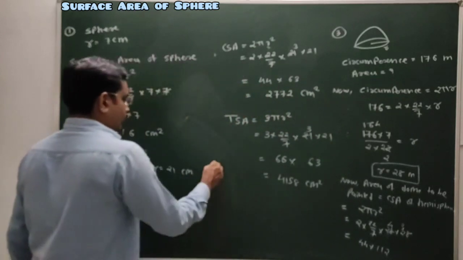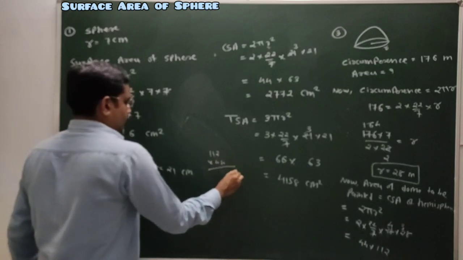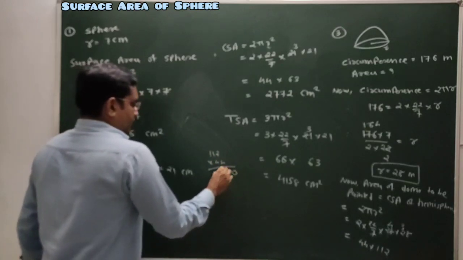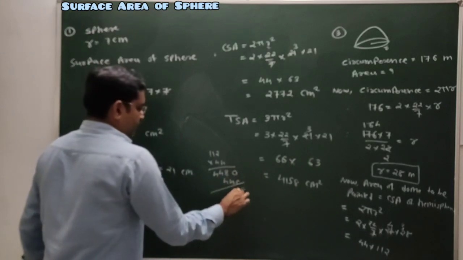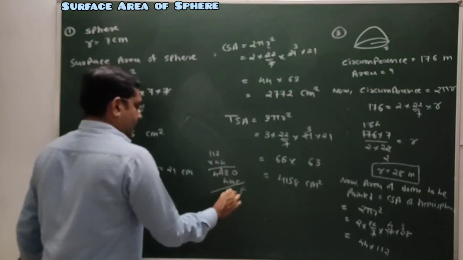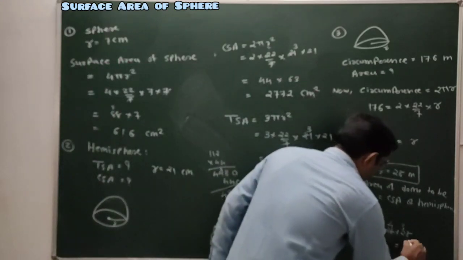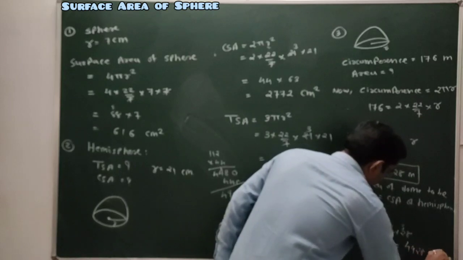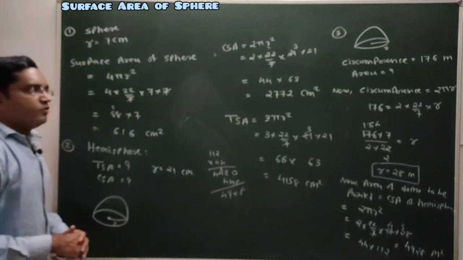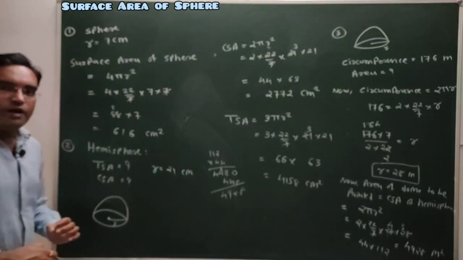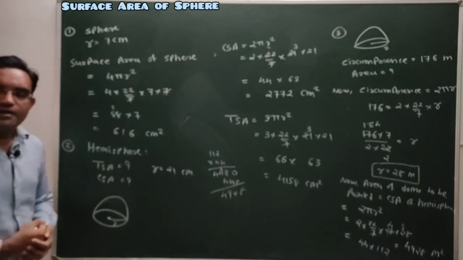So it is 112 into 44. 4 2s are 8, 4 1s are 4, 4 1s are 4, 4 4s are 16 and so on, giving 4928. The total area to be painted is 4928 meter square. This much area of the dome is required to be painted. Clear students? Now pause this video and